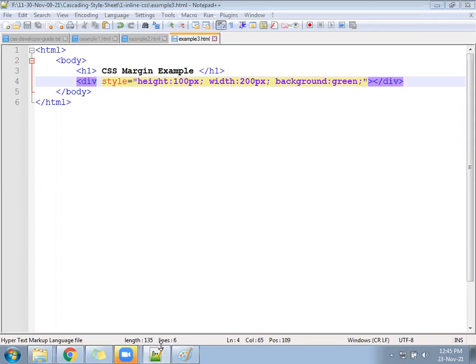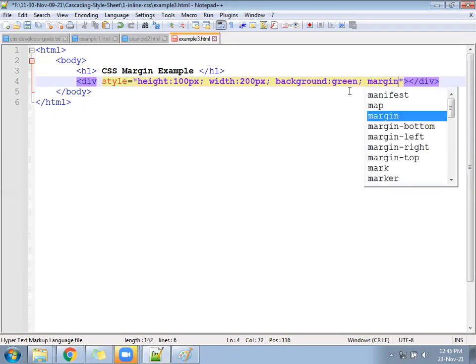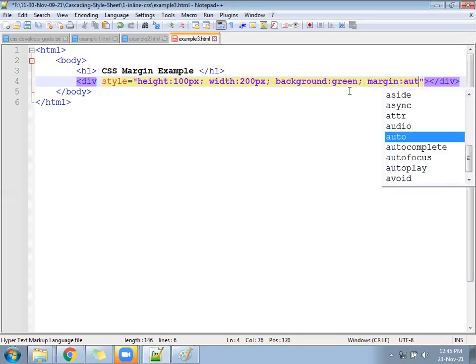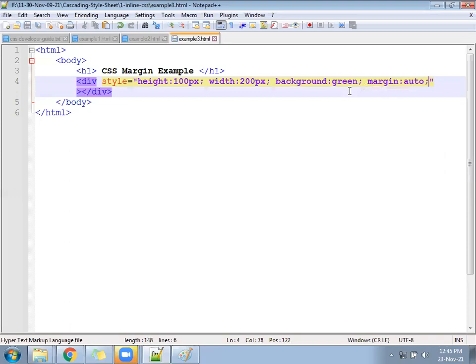Now add a property called margin colon auto, save it and check once where it goes. It appears in the middle of the screen.